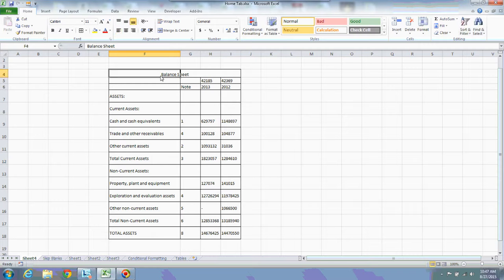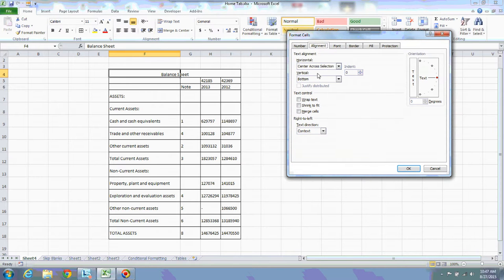We can also see the difference between merge cells and center in the description later in this session. Now I am going to the dialog launcher. Center across selection we have already seen. Now distributed indent. What is the distributed indent? Distributed indent will distribute the text based on the spaces into the length of these cells. See, if I click on distributed indent, let us see what is happening.